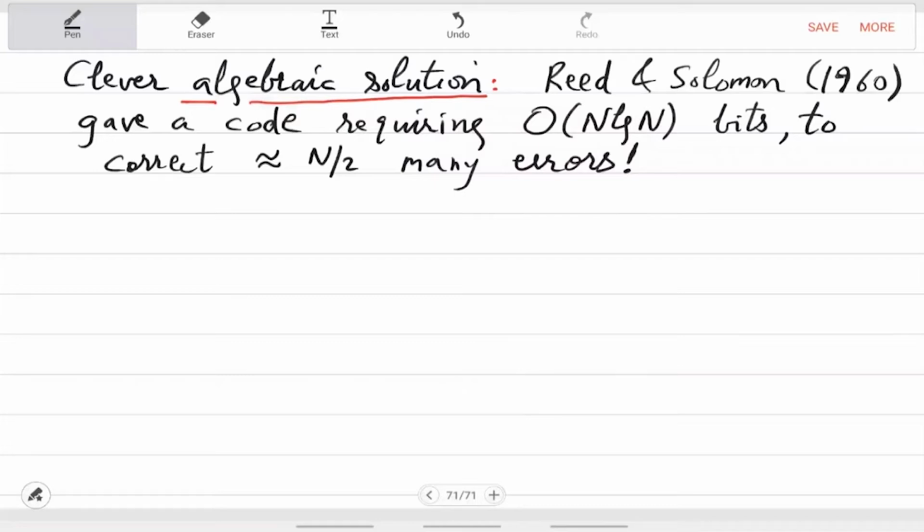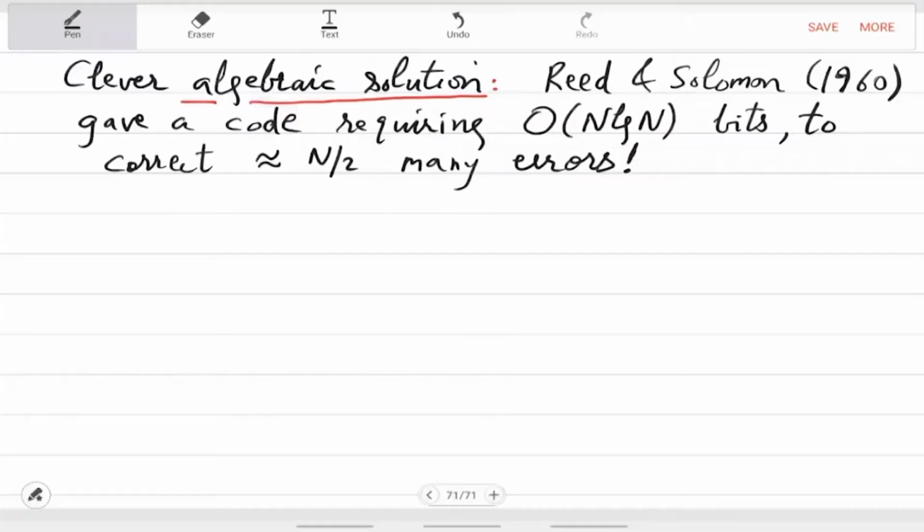If the channel gives you that guarantee, then the Reed-Solomon code only requires n log n length code word. Okay, so the message is encoded, it is sent over the channel. 49% of the bits of the code get corrupted. Obviously, the positions are unknown, but Bob has a decoding algorithm which will recover the message. And everything is